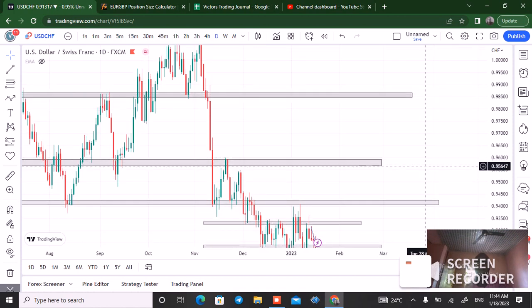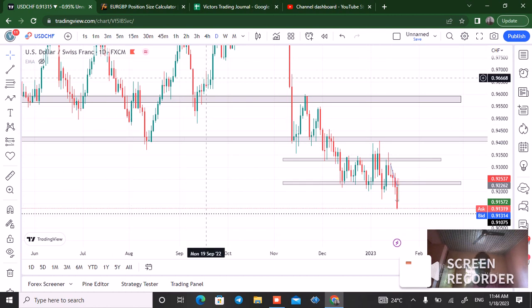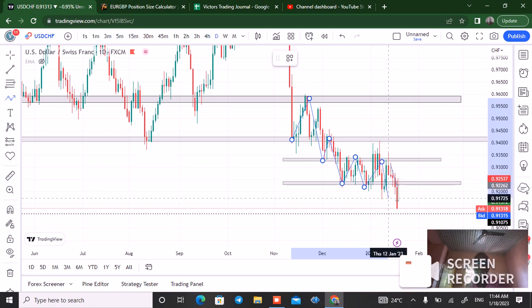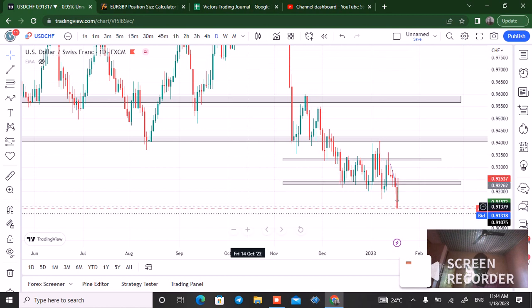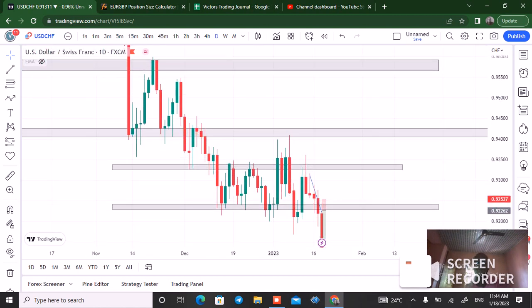You can see here clearly also that USDCHF has been in a downtrend. You can see a lower low, a lower high, a lower low, a lower high. I took this trade at this point. A lower low, a lower high, a lower low, a lower high, a lower low. So after identifying these structural price movements, now the second thing that I look out for is